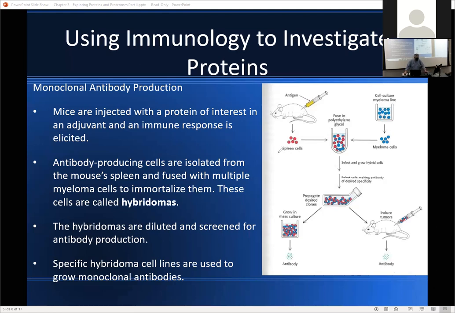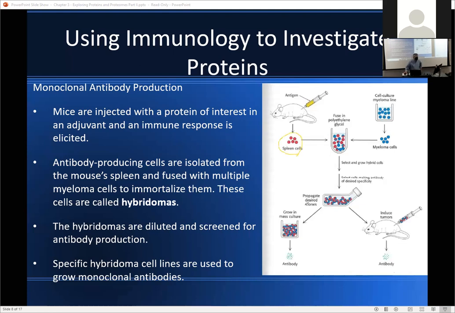dissected out, and then we break down the spleen and extract B cells from the spleen of the animal. So the spleen is an organ of the immune system. So it will contain B cells that have been primed, basically. They've been activated by exposure to an antigen, specifically the protein that we want to raise antibodies against. All right, so spleen cells,